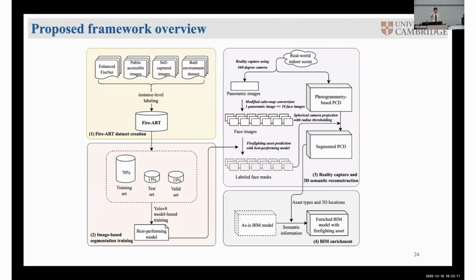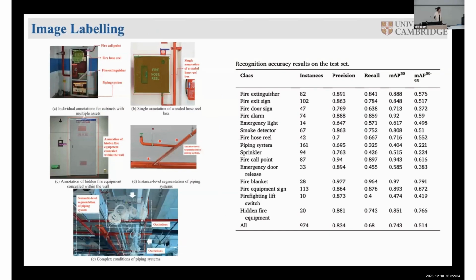So we have to first create our own data set, and then we train our own computer vision network, and we project it into the location of the BIM model, and then through the geometric information, the positional information, we retrieve where there is what kind of fire equipment. Yeah, something like that. So we do the labeling. It's very tough. For example, like this, we have the fire hose reel here, but do you know if there's really a fire hose reel inside? So we can't label it as fire hose reel. So we label it as hidden fire equipment.